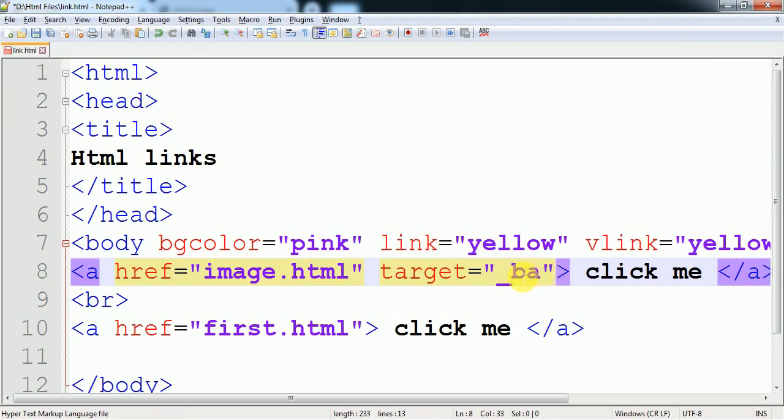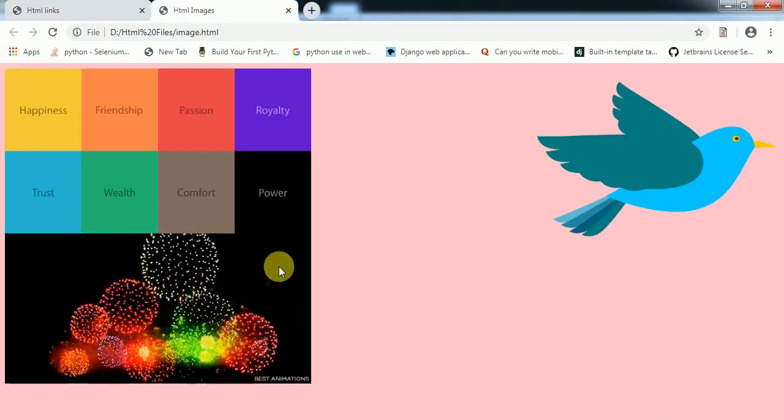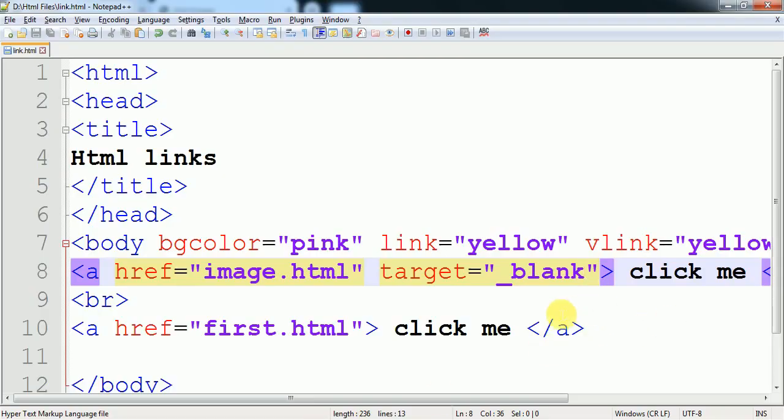Sometimes we don't want to open the next page in the same tab, so we make the target value underscore blank. Is it clear? Now you see that the click me with the default value self opens in the same tab, but this click me with blank opens in a new tab. Clear? Okay. Now the next.